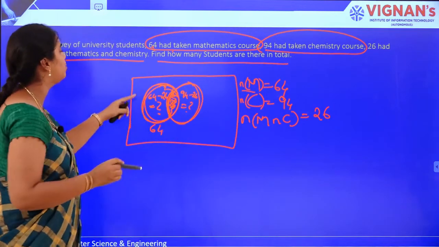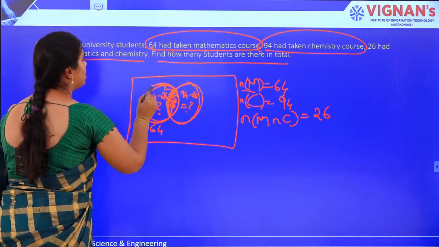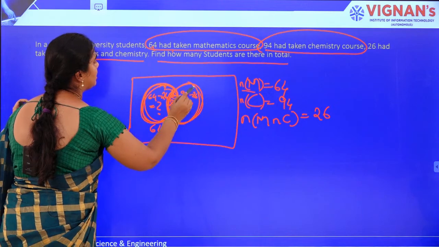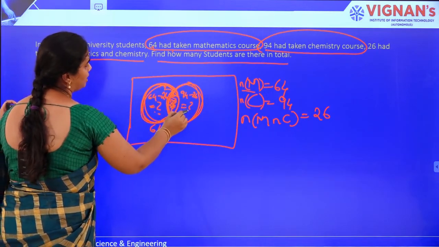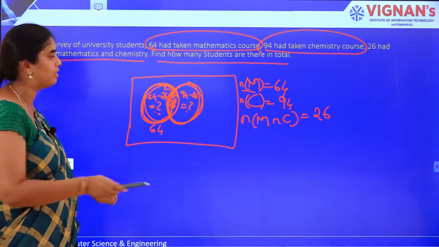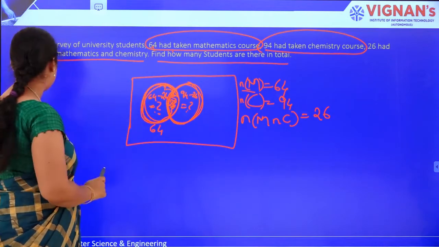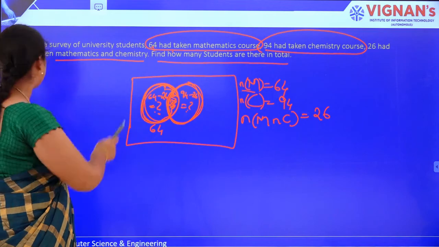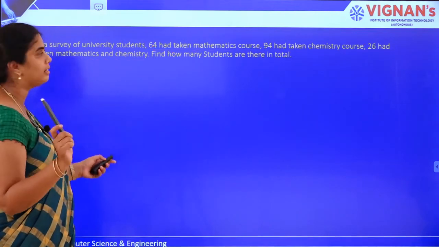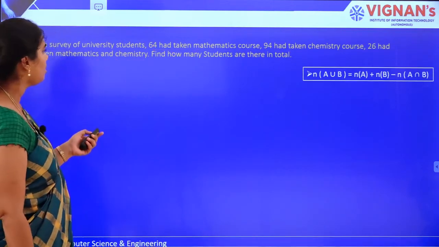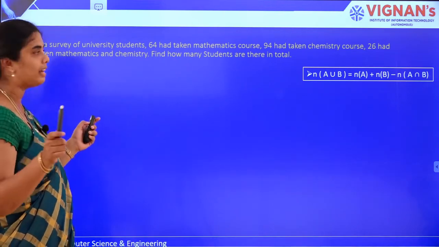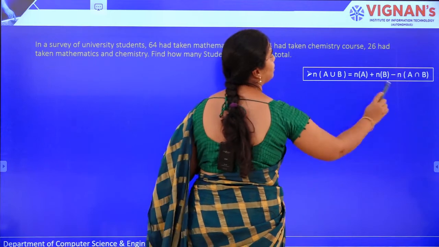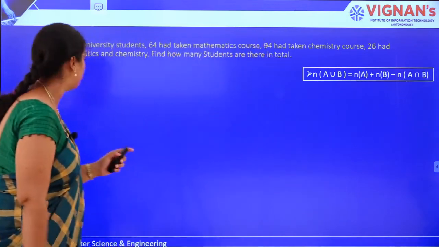So if you do the union operation, what is the union operation? This entire thing is the union operation. So if you get the value of this one and value of this one, then you will be getting the union operation. Derive it and you will be getting the result. Okay, I have done 90%, just derive and get the remaining 10%. And I have shown that through Venn diagrams, right, the similar thing you can repeat using this formula also. Okay.